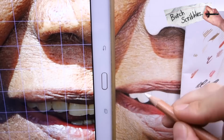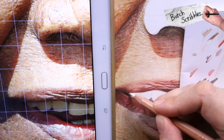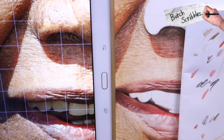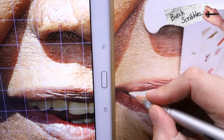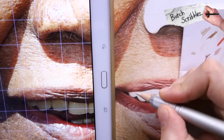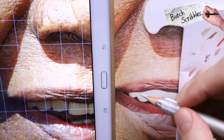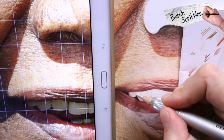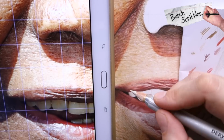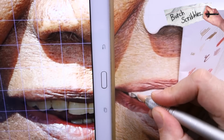You can see I've already added some of the dark bits in between when I was doing the lips. Okay, so another colour I found goes really nicely in this area is Luminance Raw Umber 10%. Just going to start adding this shadow that we're getting here. It's actually quite dark, this tooth. This is probably one of the darkest ones because it's sort of furthest into the mouth and the least amount of light is getting to it. So I'm just gonna